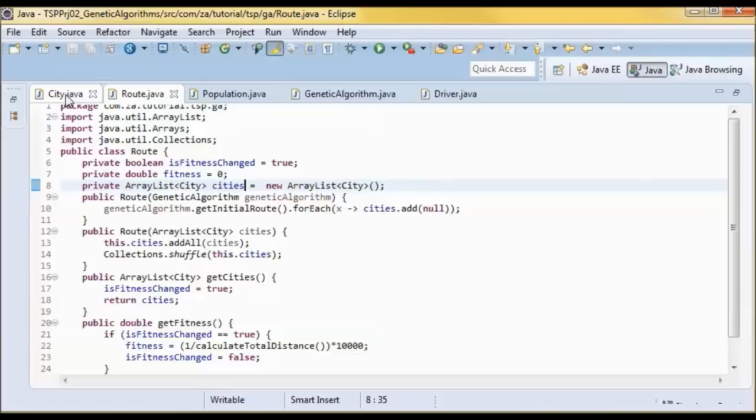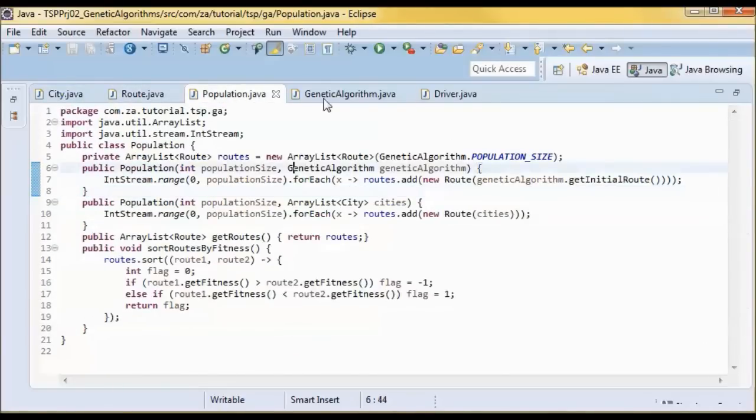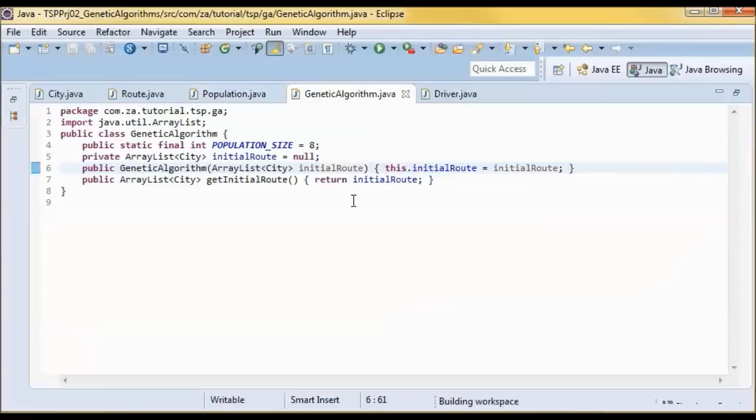So now we are done with the city class, with the route class, and with the population class. So what's left is the genetic algorithm and driver classes.